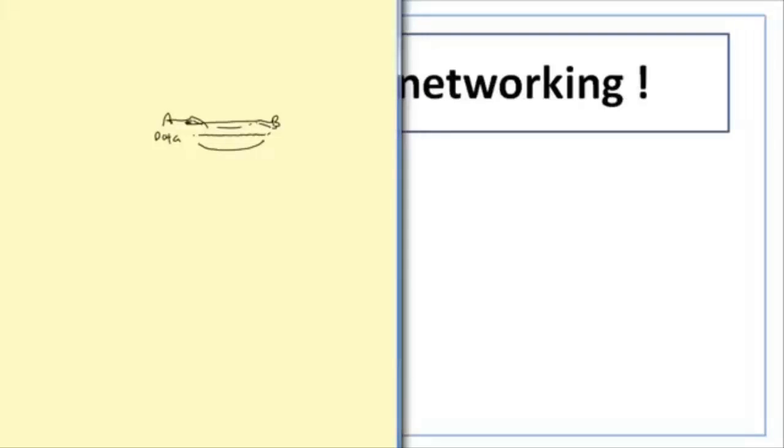How is that happening? To understand this, the ISO came up with a model called OSI, and this